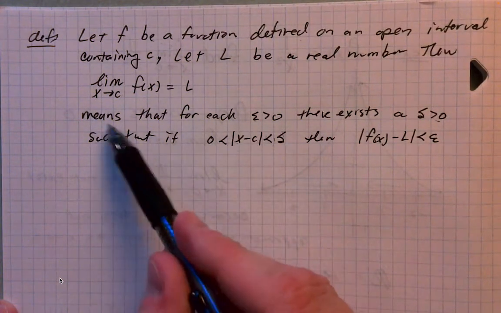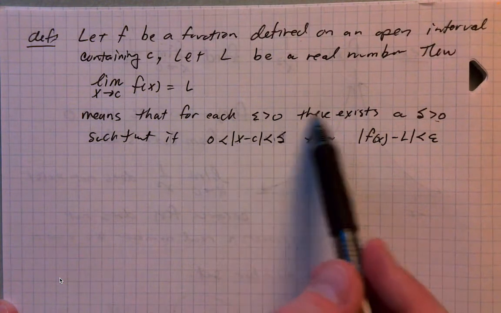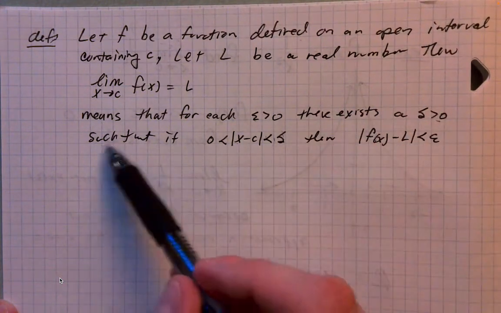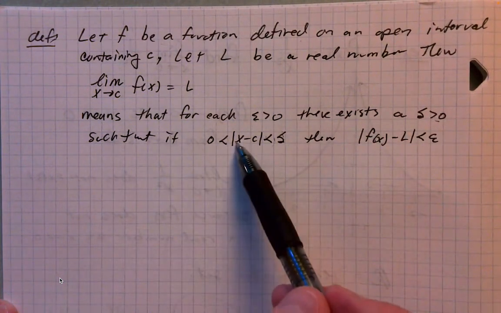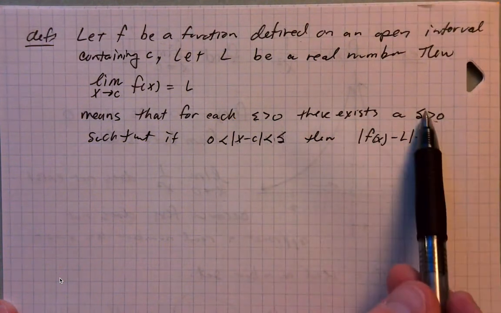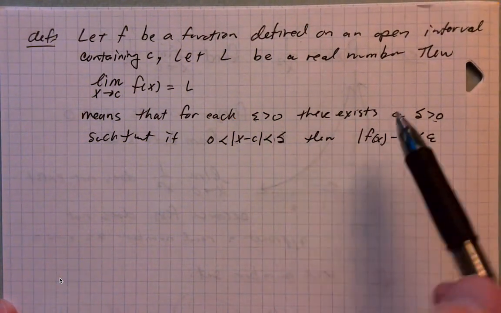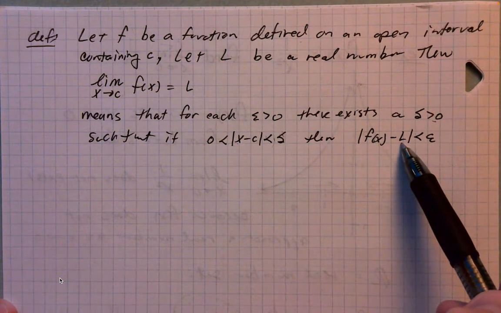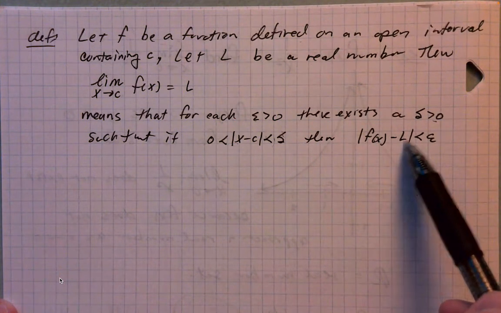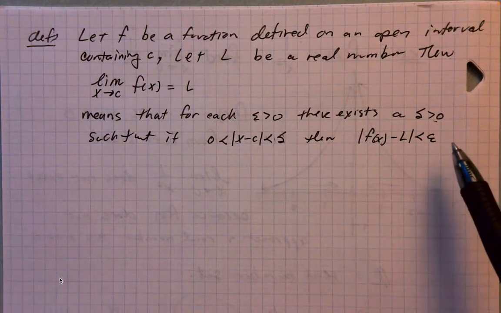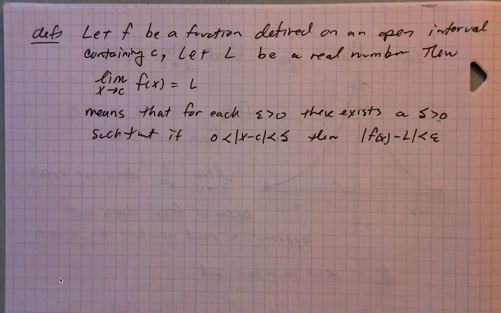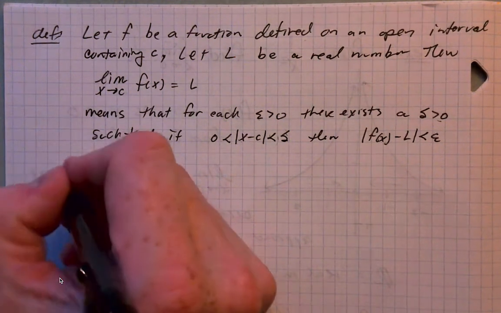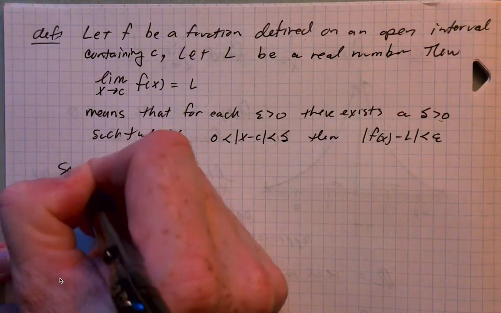So for each epsilon greater than 0, there exists a delta greater than 0, such that if the distance between x and c is less than delta, then the distance between the value of the function and L, the limit, is less than epsilon. Okay, so the way this usually works is that, and this is loose speaking, but somebody